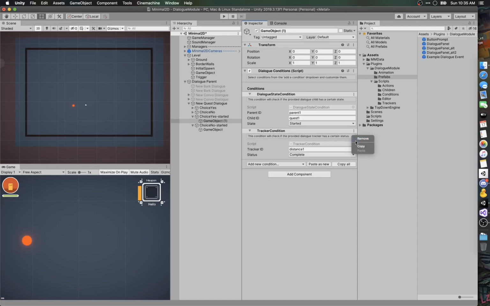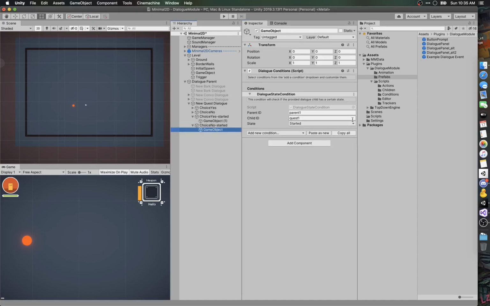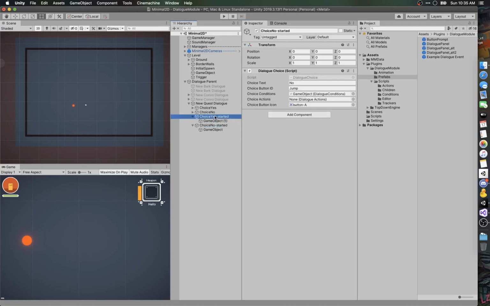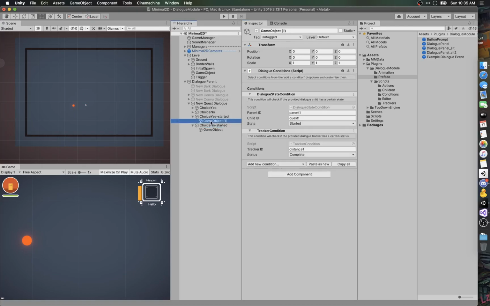And we'll copy this, and we'll go down here, and we want to make sure that no is only called if it's not complete. Because if it's not complete, then we want them to say no. If it is complete, then we want them to say yes. If it is complete, yes, and we've clicked on yes,